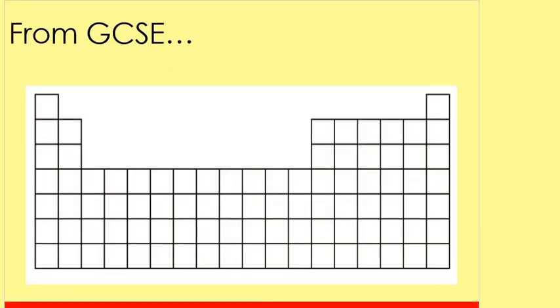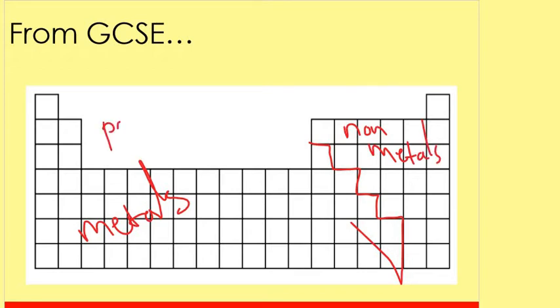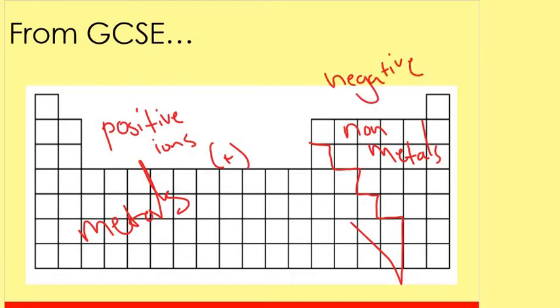We should remember from GCSE that on the periodic table there is a divide, quite an important divide. It runs approximately like this. Now, why is this divide so important? Well, because it determines which type of atoms we're looking at. On this side of the divide, we've got metals, whereas on this side of the divide, the remaining elements are classed as non-metals. Now, metals all form positive ions by losing electrons, whereas non-metals all form negative ions by gaining